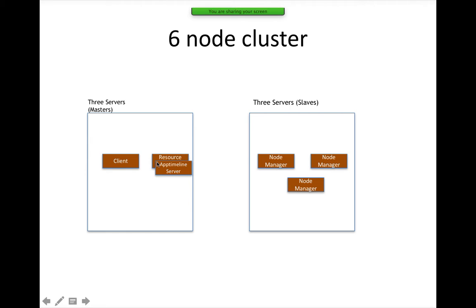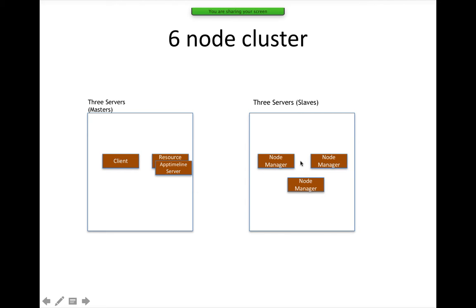And then in those 3 masters, I want to deploy resource manager and app timeline server in one of the masters. So 242 will have the gateway or client. Either 243 or 244, I will be setting up resource manager. If I go with resource manager high availability, both of them will be configured for resource manager. One will be active and one will be passive. And then all my slaves will have the node manager daemon process running.